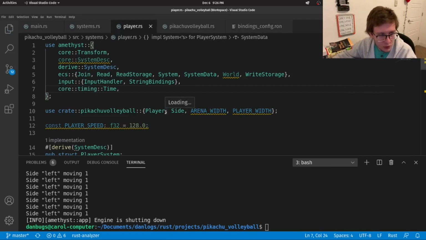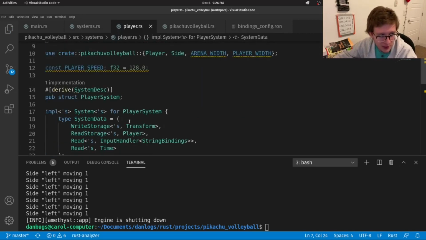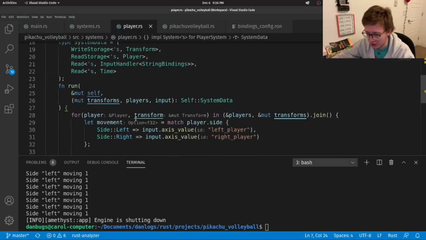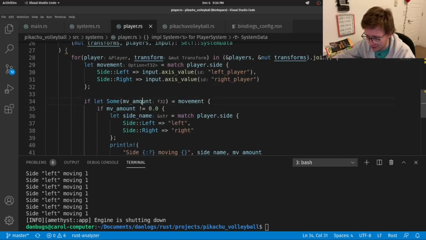Now we'll use all that to scale the movement amount to something that makes sense in terms of world coordinates, right? Because if we were to just use the movement amount that we have right here, we'll be moving like 1, and that's no good, or -1.